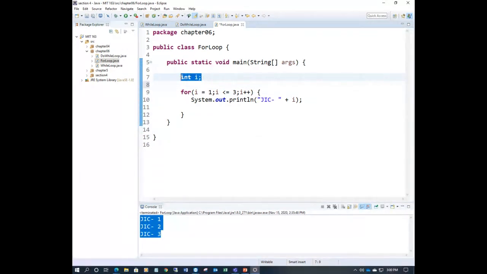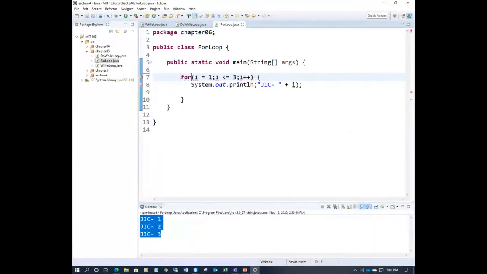I just declare it inside, and instead of printing, I will just print the value of I. Let's run the program 5 times. So I equal to 1, I less than or equal to 5, I plus plus. And when I is less than or equal to 5, true.